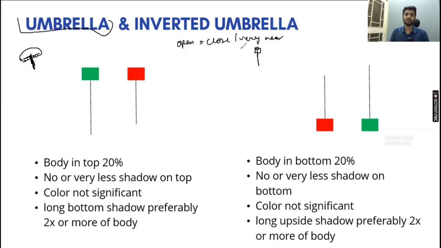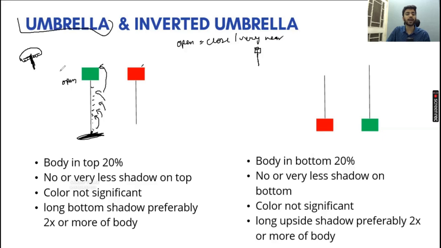They both tell you something very similar. And the color is not important up here. Green or red, the color is not important. What would have happened if you look at this from a psychology perspective? The price opened up here, but intraday, bears were more prevalent, because that's why they sold at every level. But they finally found some support. The buyers started coming in from here, and the buyers simply took up every sell